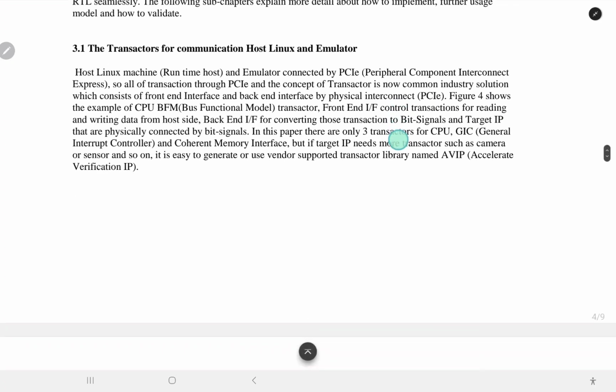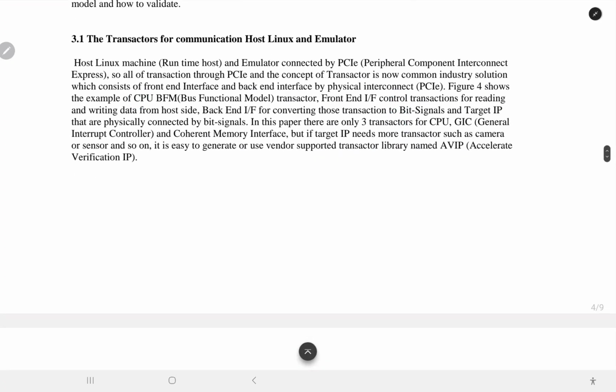Figure 4 shows an example of the CPU BFM, bus functional model, transactor. The front-end interface controls transactions for reading and writing data from the host side. The back-end interface converts those transactions to bit signals, and the target IP and the back end are physically connected by a bitstream of bit signals. In this paper, there are only three transactors: for the CPU, the GIC, general interrupt controller, and the coherent memory